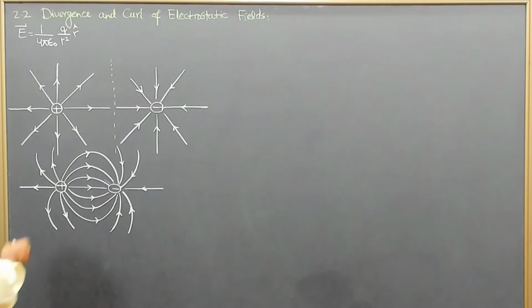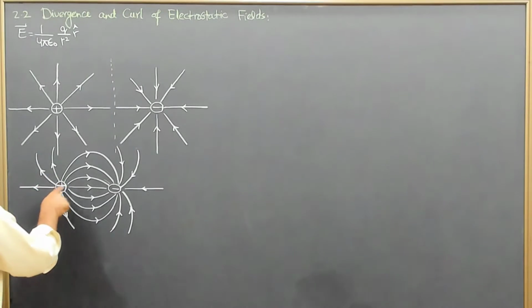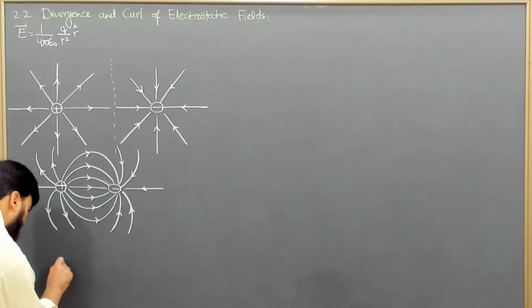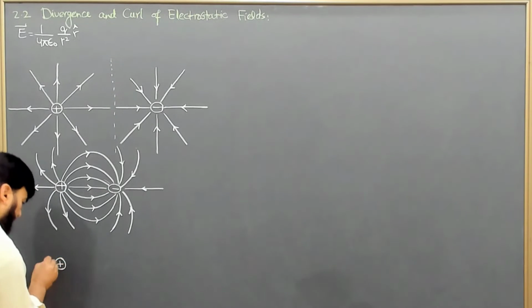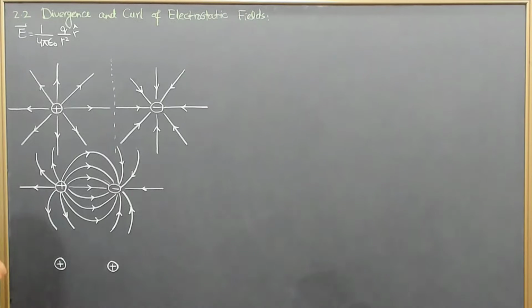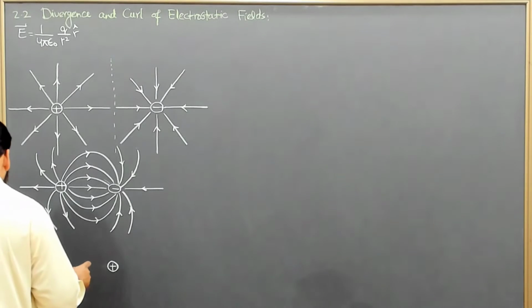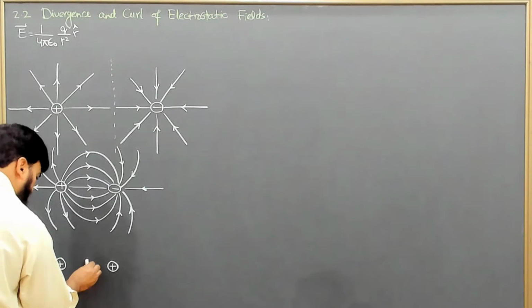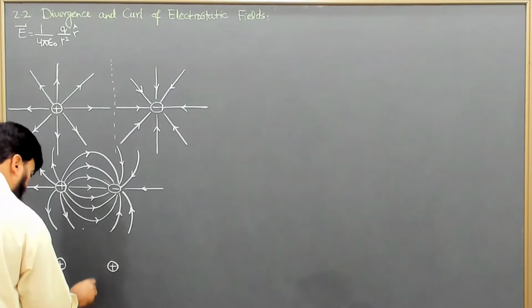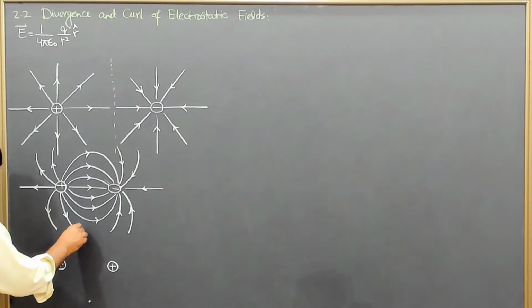And instead of positive and negative charges, if we have two negative charges or two positive charges, like this is a positive charge and we have another positive charge, then their field lines will be repelling each other. The central line will now be absent, and the next line will start from here. This is the center, and here this is the center. So it will be something like this.